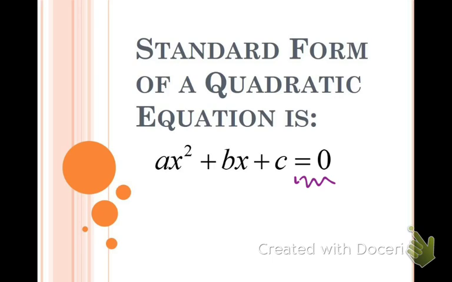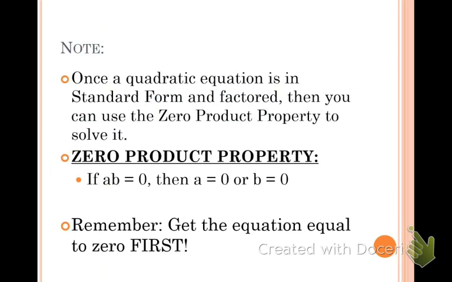Before, we didn't have these as equations. They were just expressions. They did not have an equal sign. Now they do. Once we add in an equal sign, that means we can solve it. All right, once a quadratic equation is in standard form and factored, then you can use the zero product property